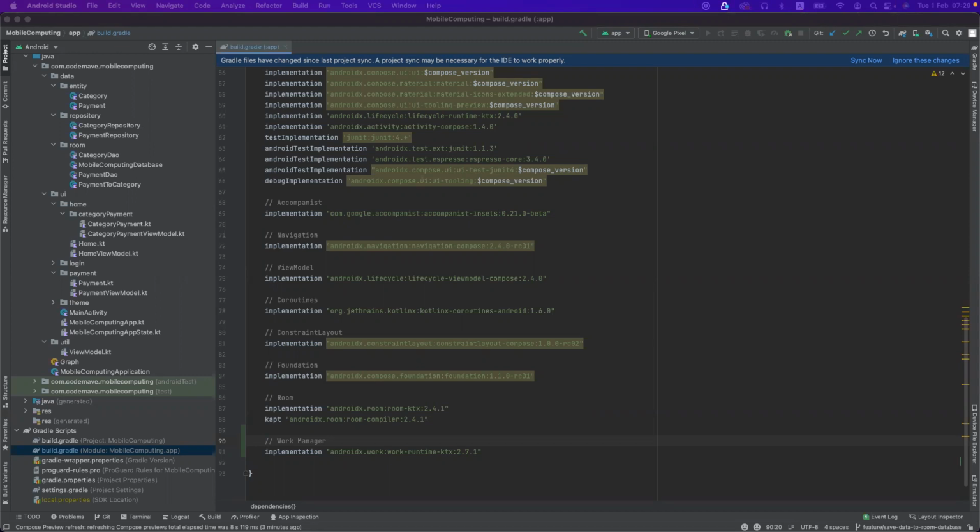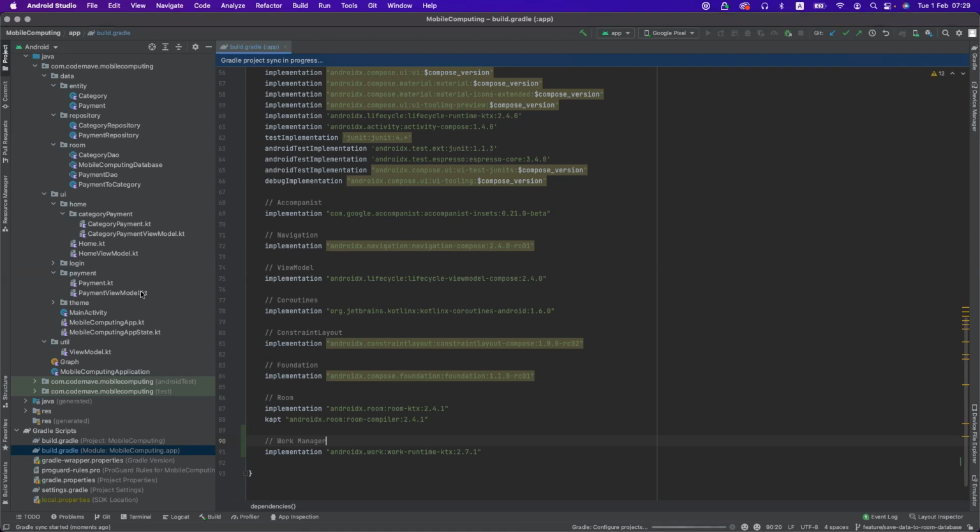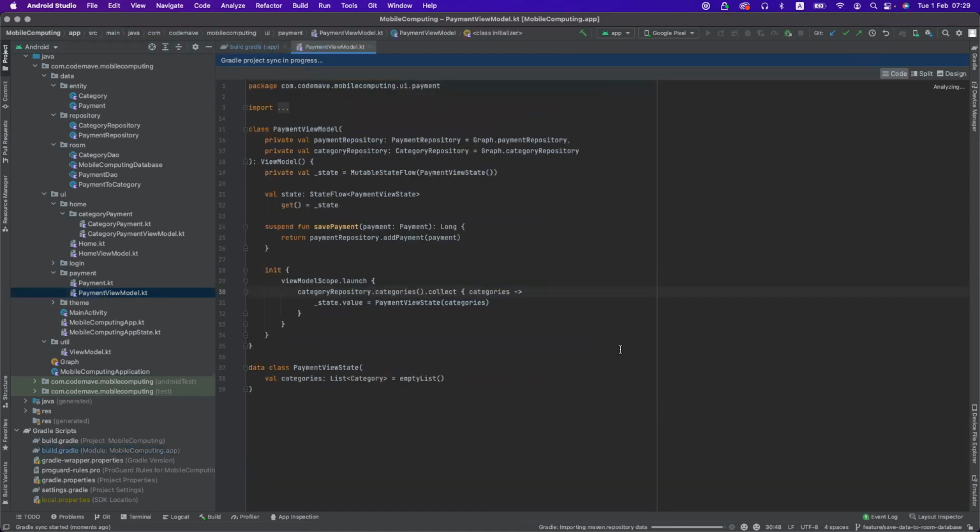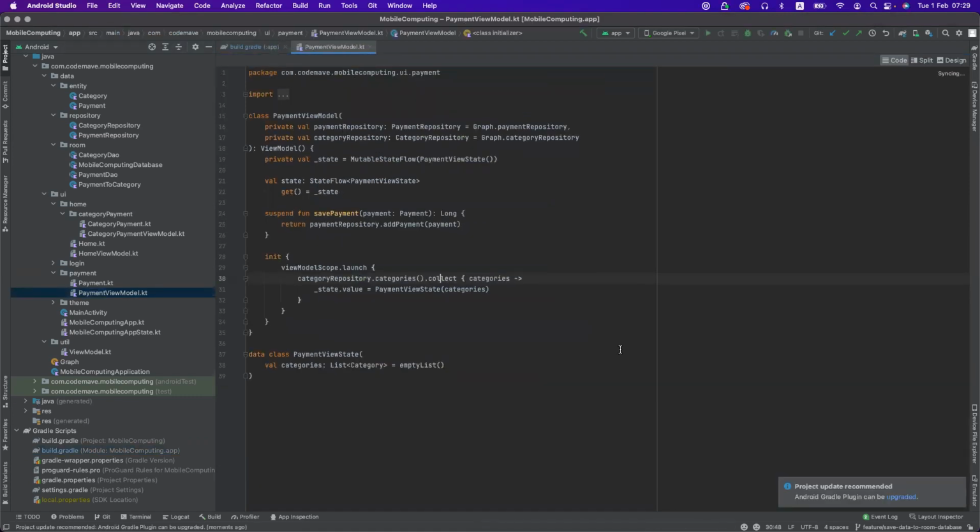So let's begin by opening the payment view model. I have to sync first. And while doing that, I'm going to start working on the payment view model. All right, so